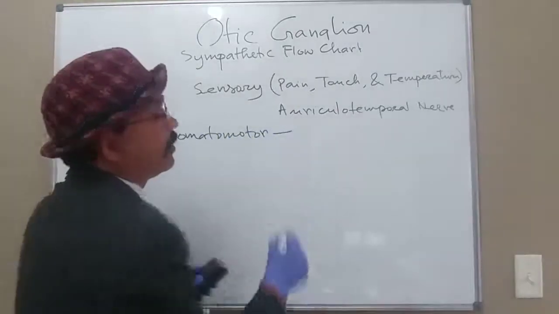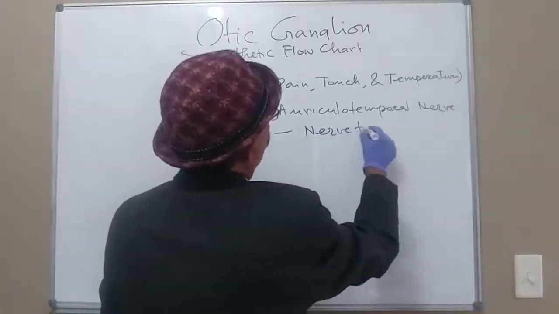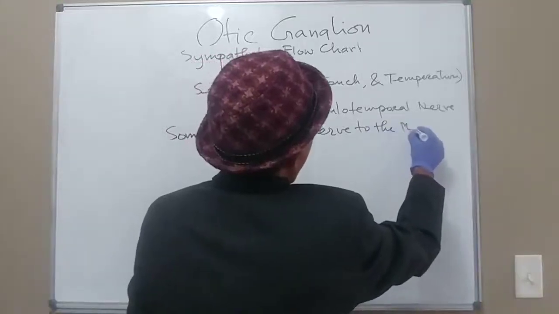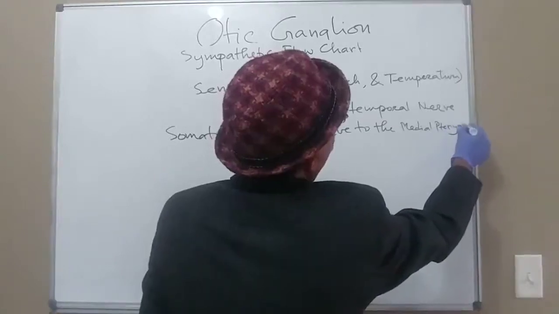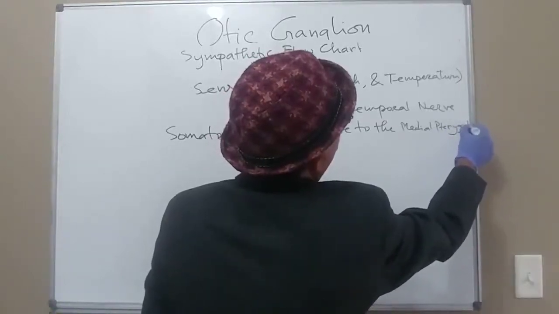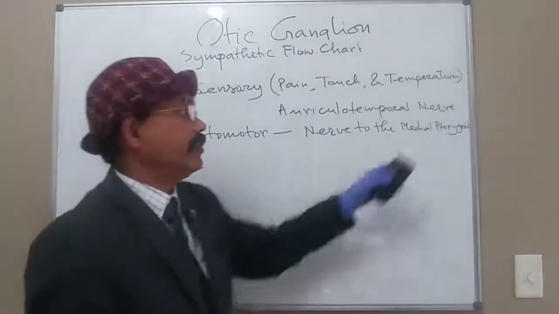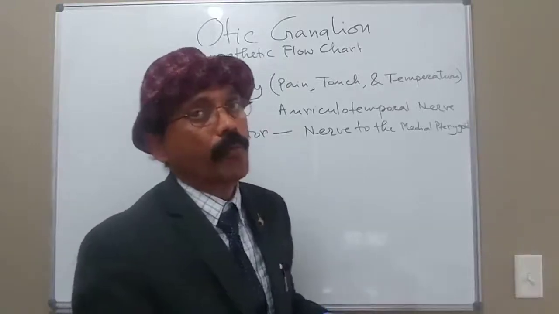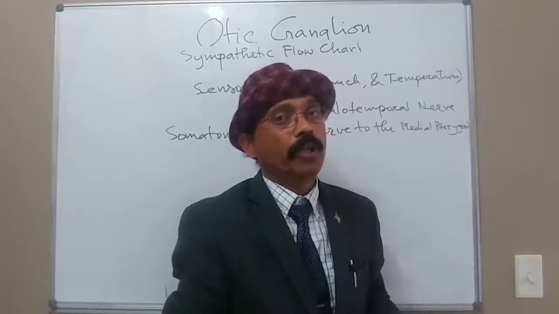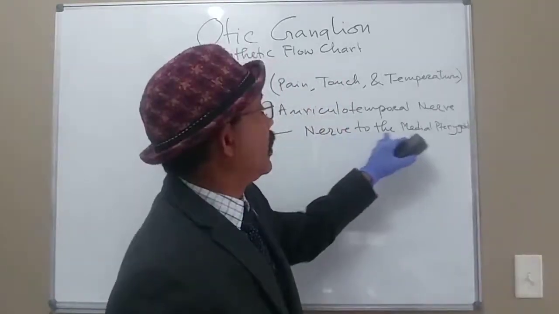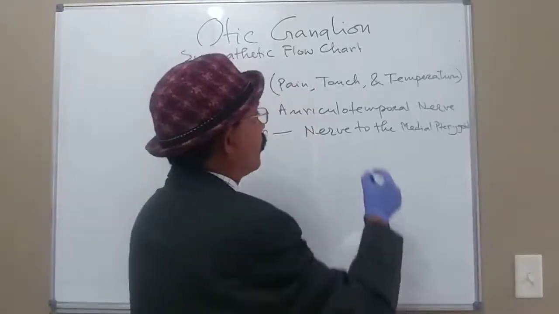Then we discuss the somatomotor. This is provided by the nerve to the medial pterygoid. That is a muscle of mastication. We have 4 muscles of mastication: medial pterygoid, lateral pterygoid, temporalis, masseter. So the nerve to the medial pterygoid is a branch of the mandibular nerve, and it will provide innervation to